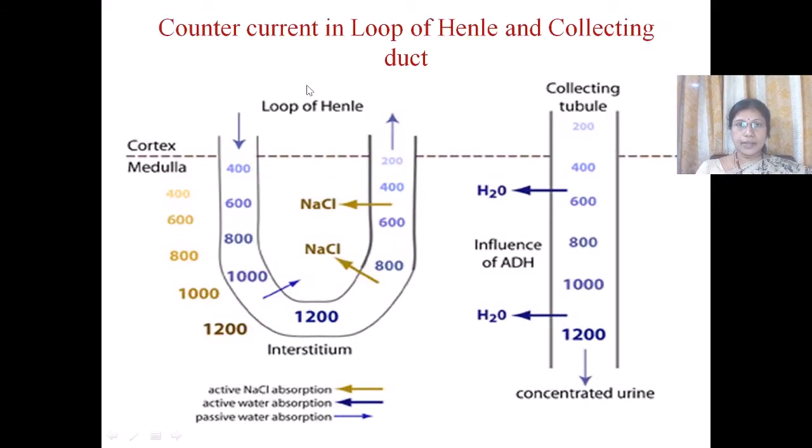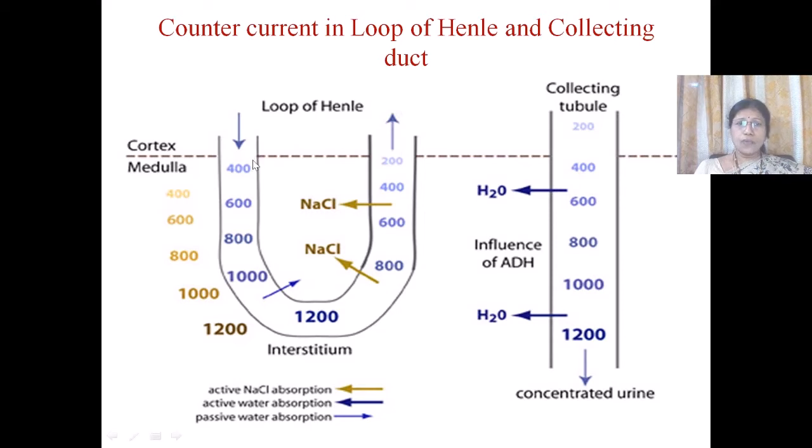In the mammalian kidney, the first counter current mechanism occurs between the loop of Henle and collecting duct. The arrangement of these parts and their coordination helps in the formation of hyperosmotic urine. The loop of Henle and collecting ducts not only help in reabsorption but also help in creating an osmotic gradient in the medullary fluid.